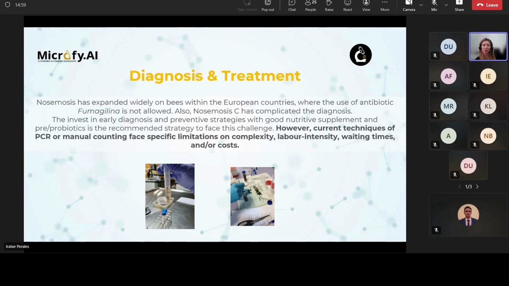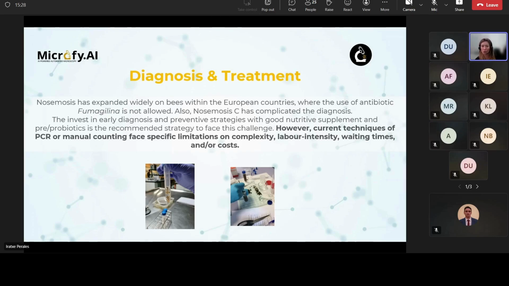And the problem is, in Europe, the treatment with fumagillin is forbidden because it has been clearly demonstrated that there are residues in honey. So today there is no clear solution and treatment for the beehives because the EFSA has forbidden the use of fumagillin. So now there are different treatments based on